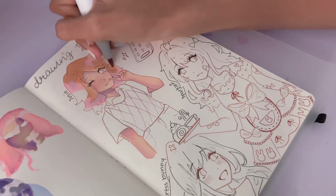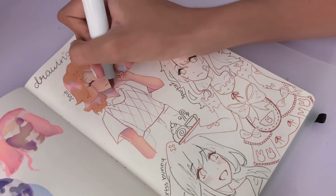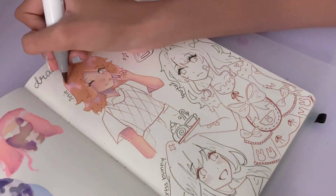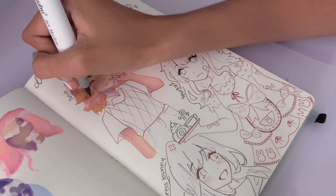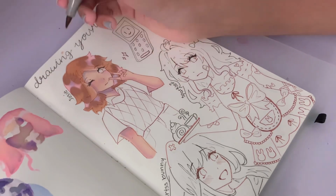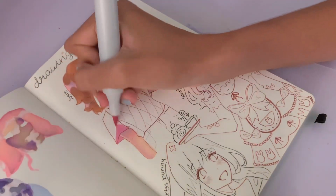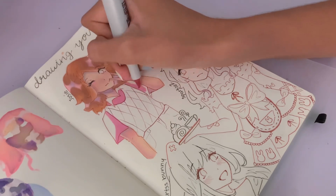I had so much fun coloring it, especially with the highlights and everything. I used a pink and a purple for the highlight shades and a light brown for the overall base color. I didn't do any super intense lighting for this drawing, nor any of the other ones, but I did make the overall shadow point coming from the left side, so that's why I shaded the vest that way, which you'll see soon. Oh, I also added a sign at the very top of the page that says Drawing Your OCs